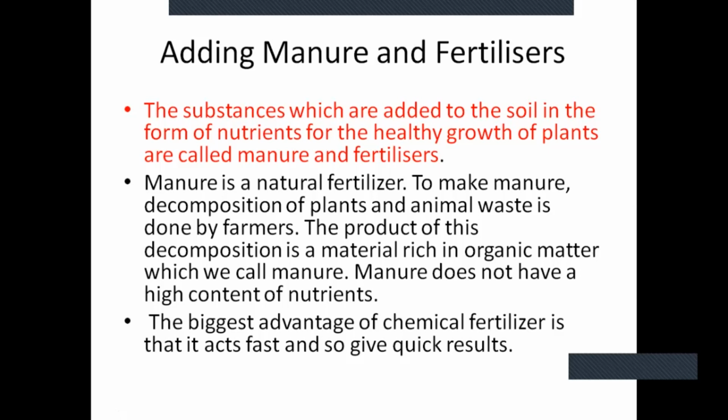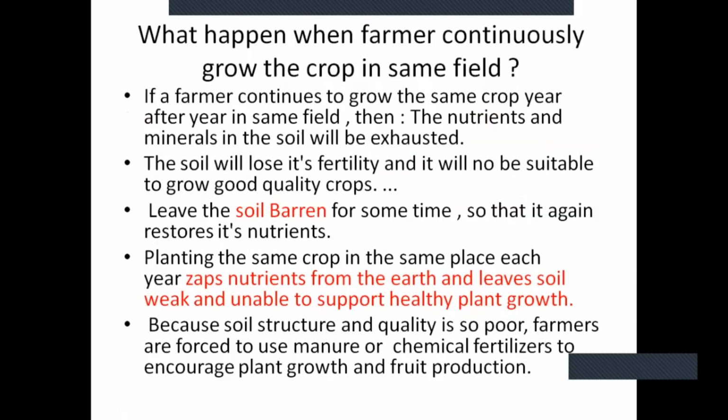Okay, now I hope you have understood what manure is and what fertilizer is. But why do you think the farmer has to give this manure and fertilizer to the field? Children, here I would like to share an interesting fact. I hope you know, or if you don't know, just get this information. If a plant wants to grow, it requires 18 different nutrients. How many? Oh my God, 18.